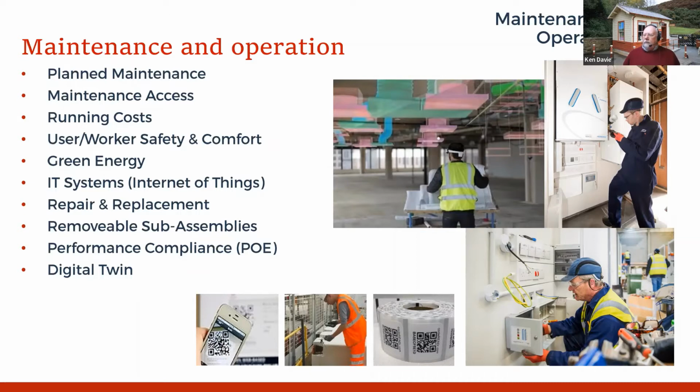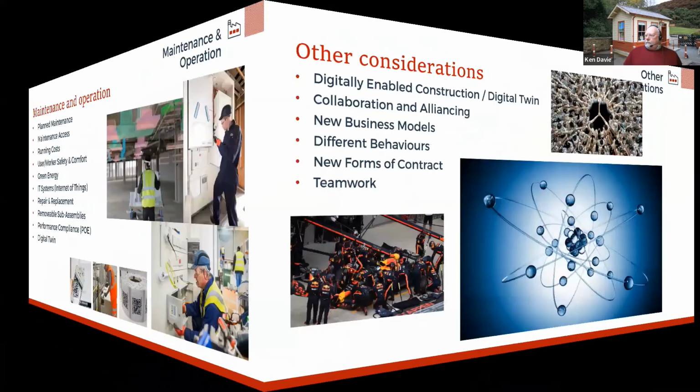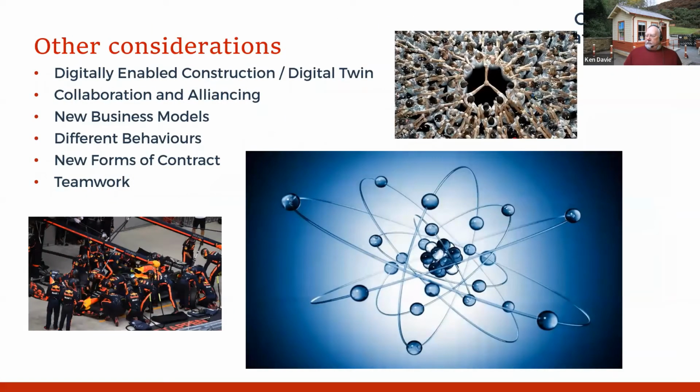Some of what's listed on this particular slide perhaps isn't entirely relevant when it comes to highways, although I would have thought user and worker safety and comfort are quite important. And obviously we're looking at a digital twin nowadays, and it's about making that digital twin usable and understandable for, say, clients and operation and maintenance staff. So these are the stages of construction industrialization. I think underpinning all of this actually are these items.